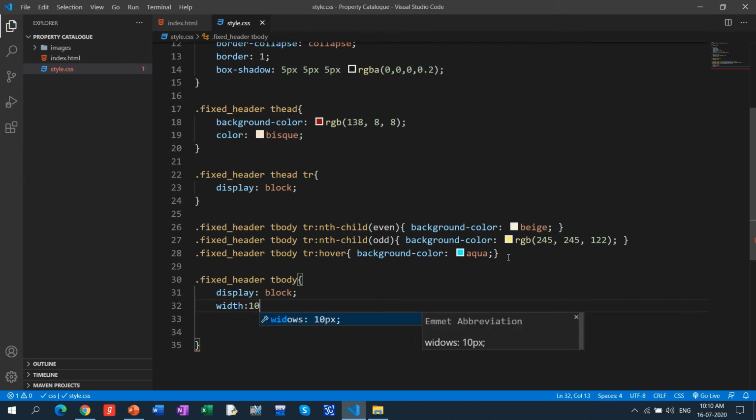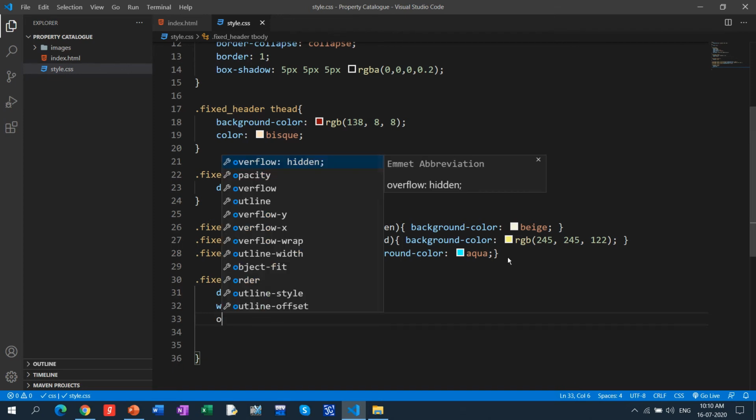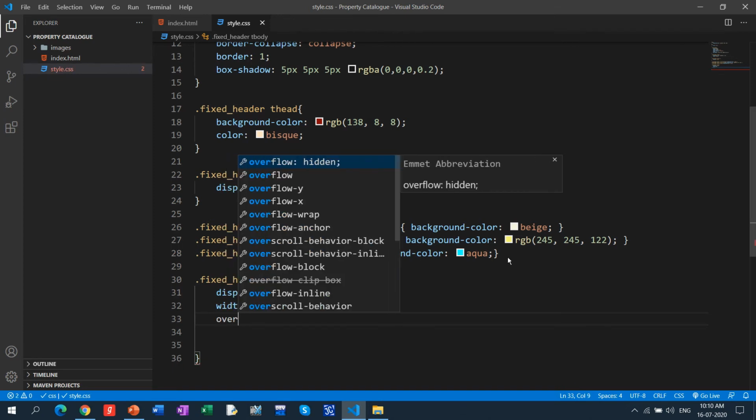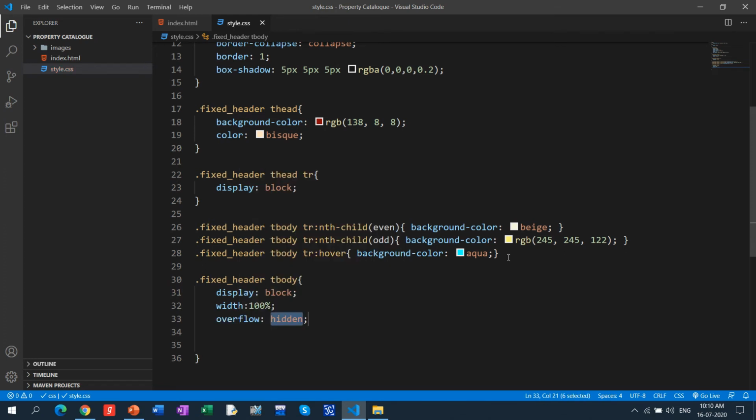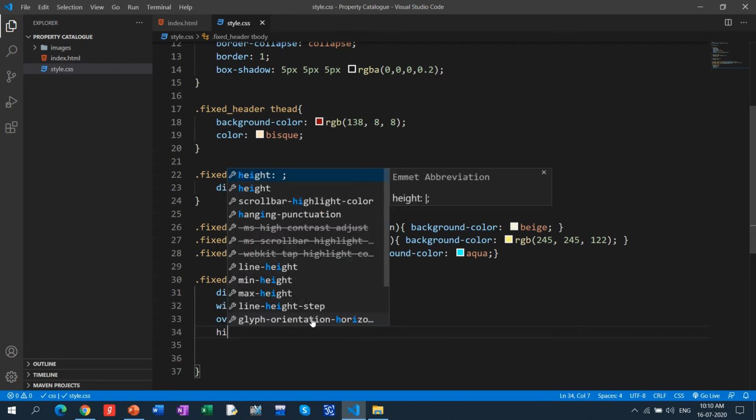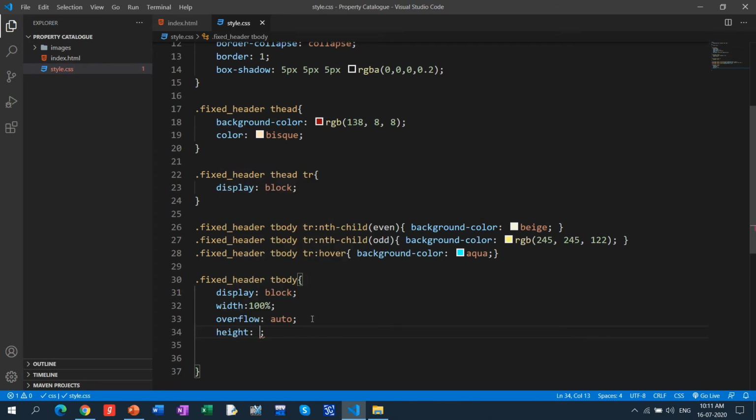I need it 100% because whatever we fixed up there needs to be fixed up over here. Overflow, you may have to make it auto. Once you make overflow auto, when it overflows, the scroll bar will automatically come, right? And height, what I did is 350 px, done.